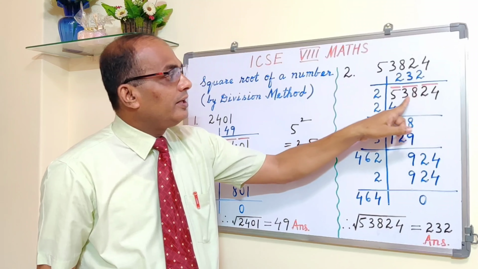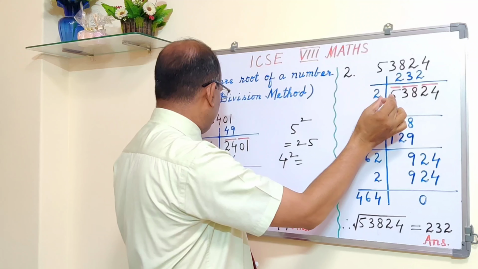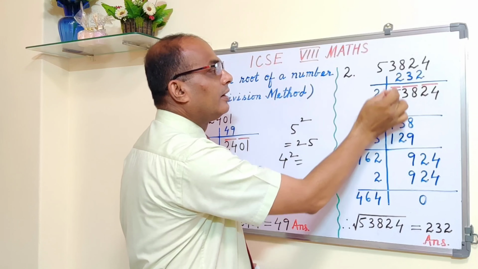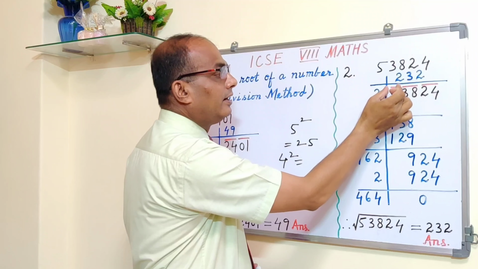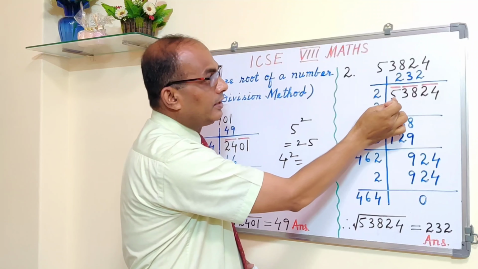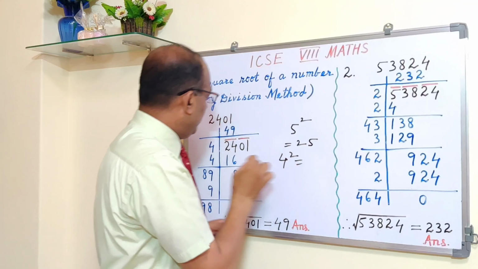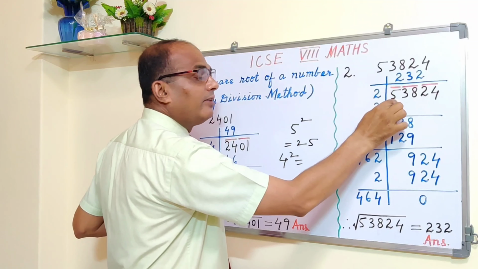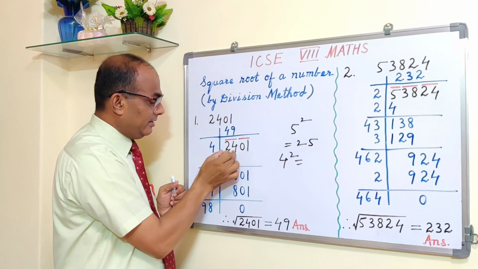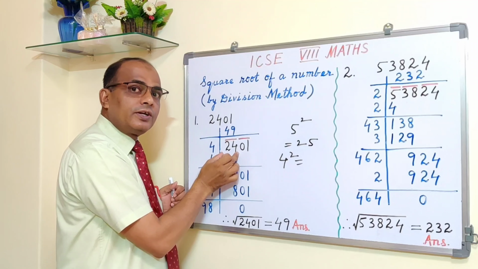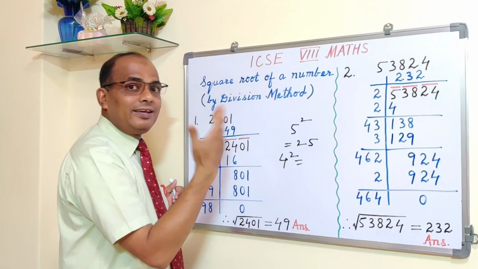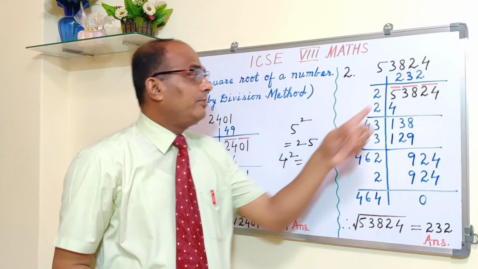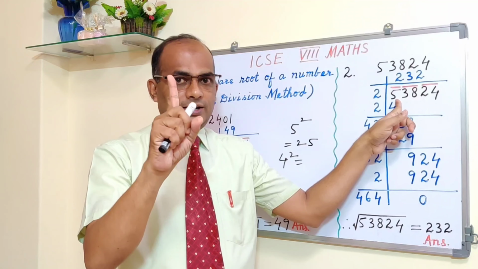Okay, fine. After that, you take the first digit, this 5, under this first bar, so you are taking 5. Here we have taken 24, because under this bar we have 24, and under this bar we have only 5, a single digit. So you can take 2 digits or a single digit, as the case may be. Like here we are taking 2 digits and here we are taking a single digit, because under the bar we have a single digit.